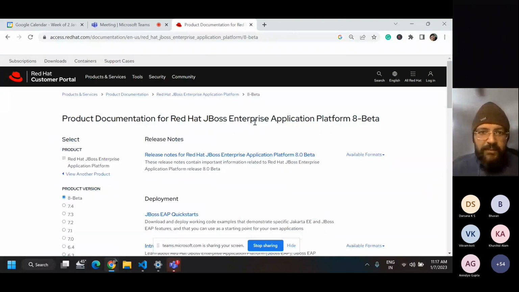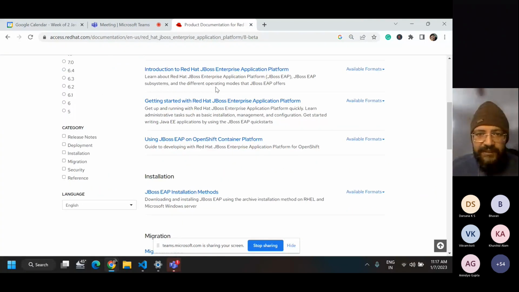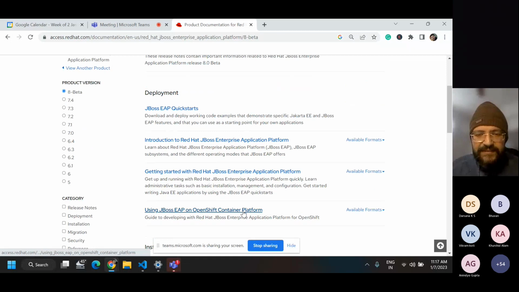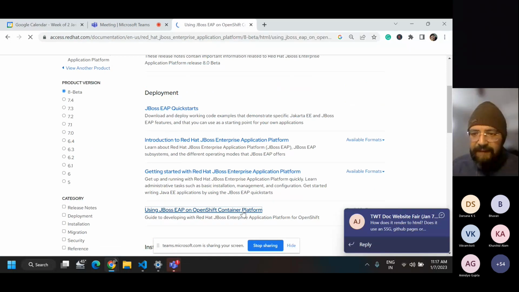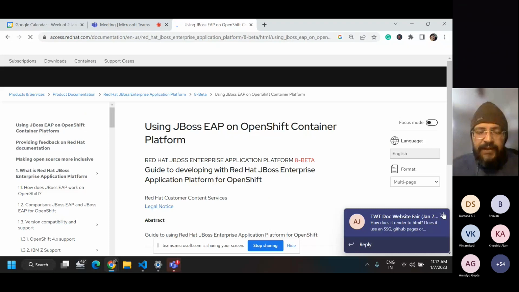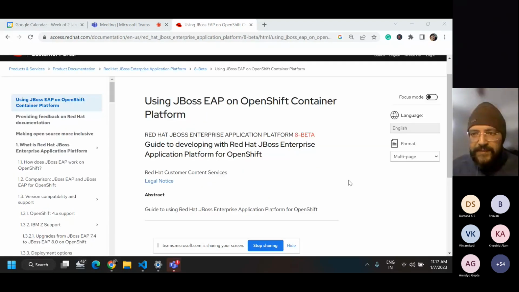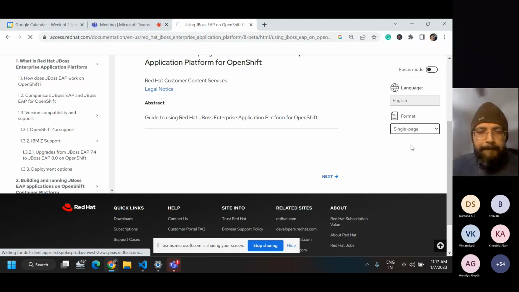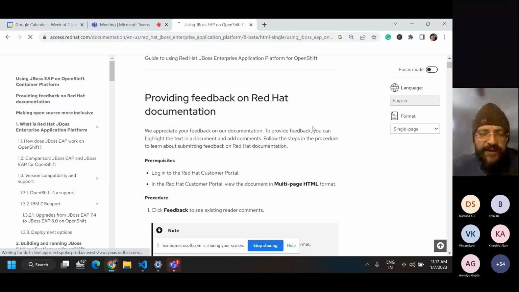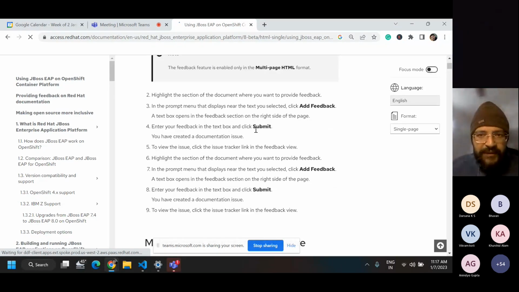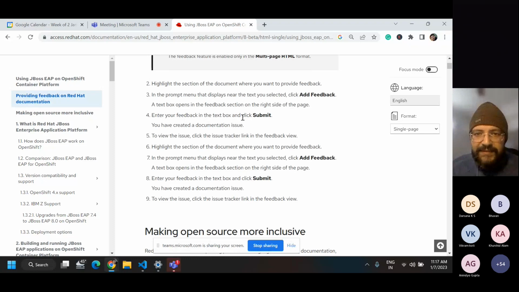Now let's talk about the feedback mechanism. Let me open any of the files. Okay, so for the feedback mechanism, what happens? Suppose I am a user and I'm scrolling through the documentation and I have a question on this. I do not see this submit button. So what should I do, or what will be my next step? I'll just select it. Once I select it, it gives me,